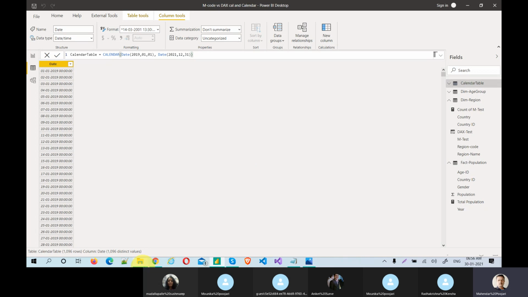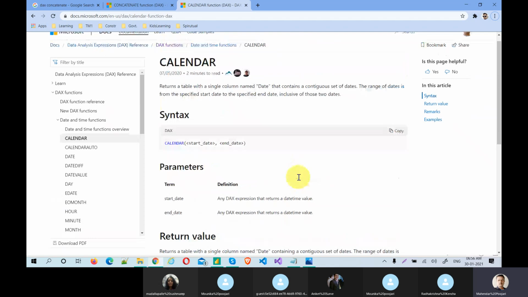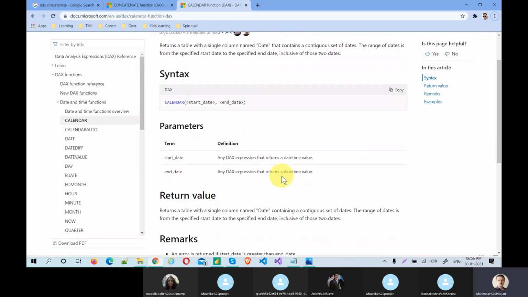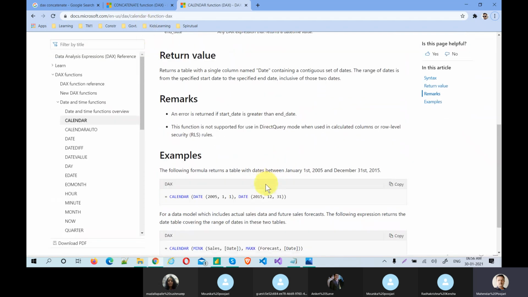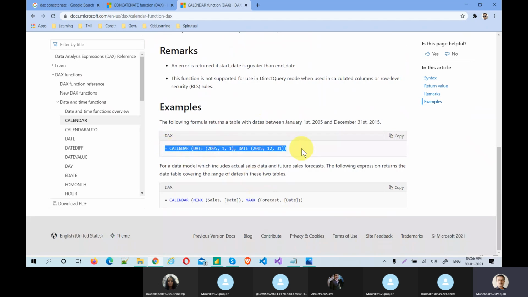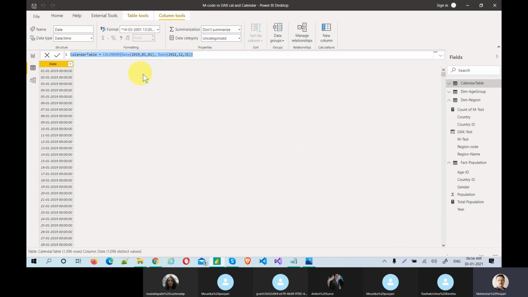Okay, hope you are clear with this statement. Even if you don't know, you can simply copy and paste this and it will work for you. Name, calendar table.